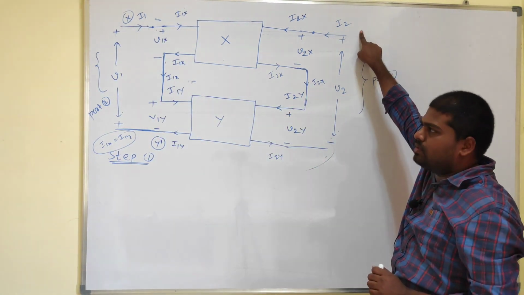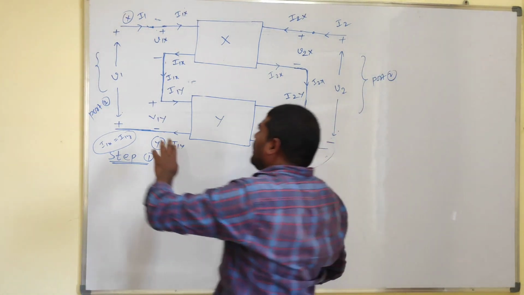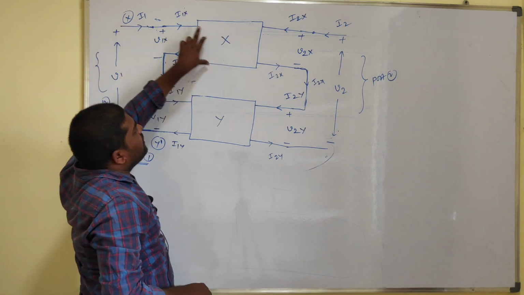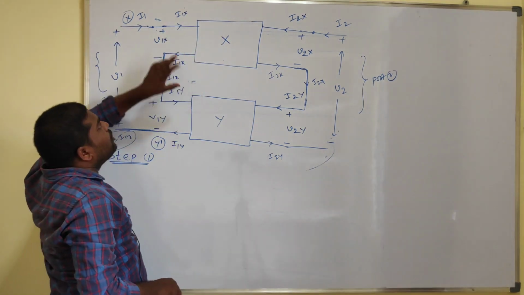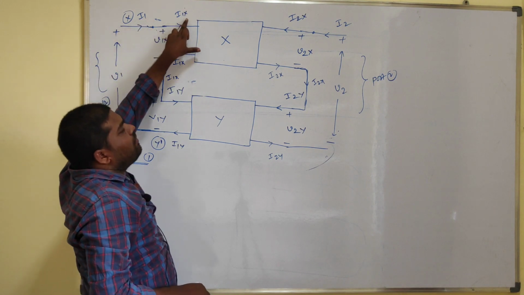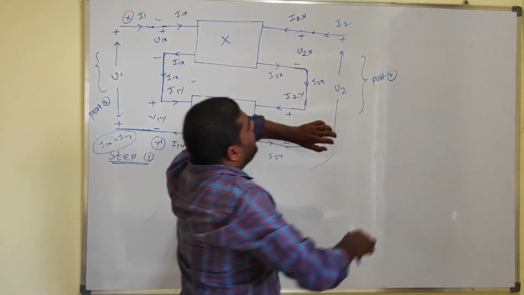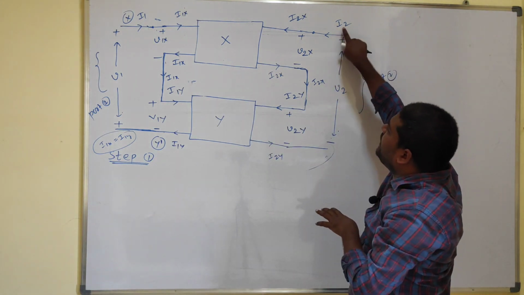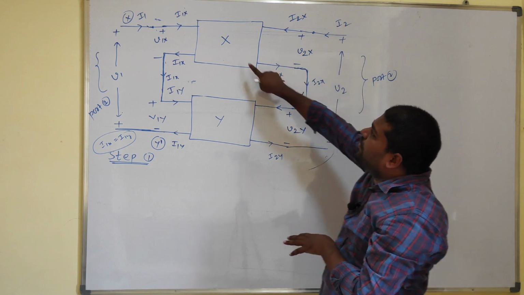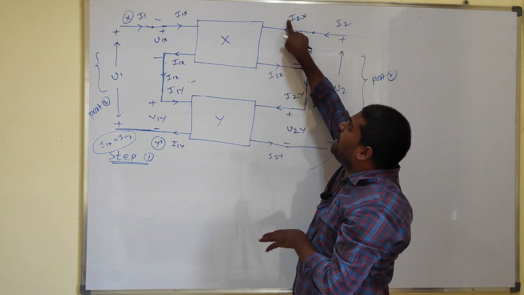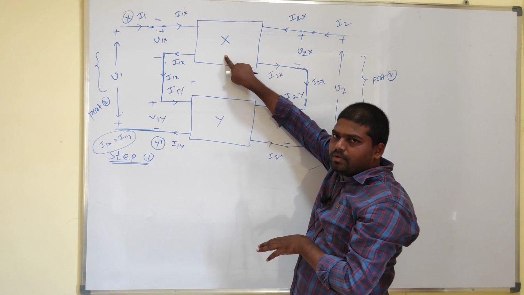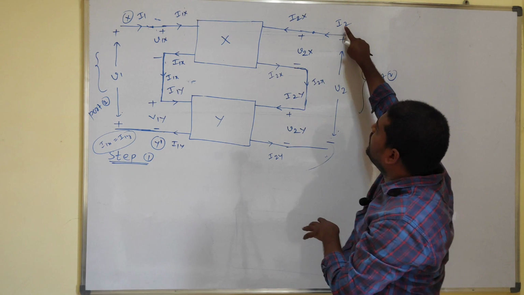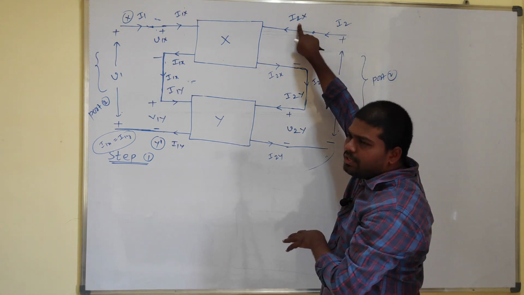Now we can observe here the entering current we can assume as I1, and for this network the current is I1x. So we can conclude that I1 equals I1x. In a similar way here we can define I2 and V2. Here the entering current equals I2, and previously we described I2x as a variable for the X two-port network. So from this configuration, I2 equals I2x.